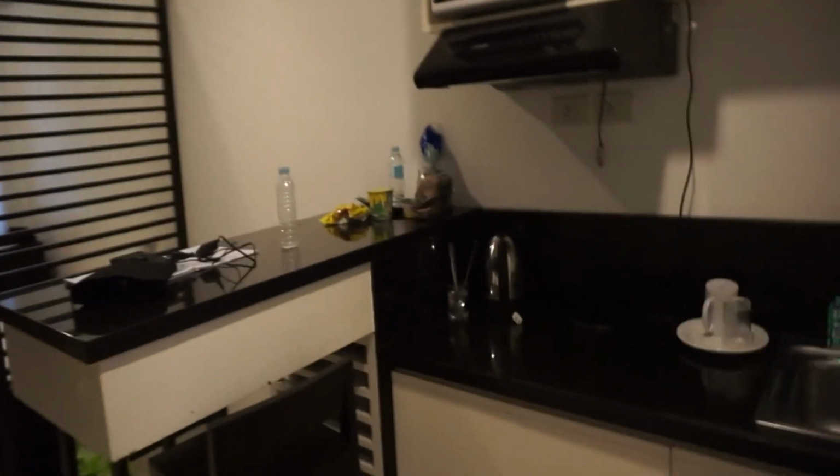So as you enter, this is basically the main door from the main lobby. As you can see right there, the hallway here is just a narrow hallway, and then just right across this area is the bathroom, but I'm not going to film that one first, so let me just go ahead first here. So as you entered into the room,